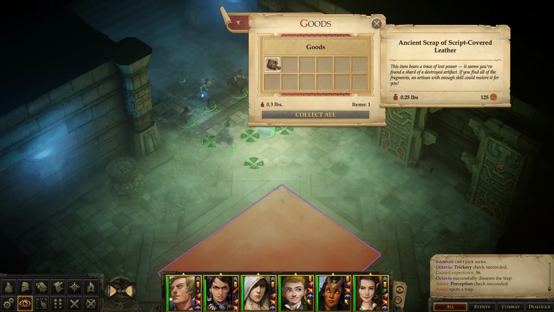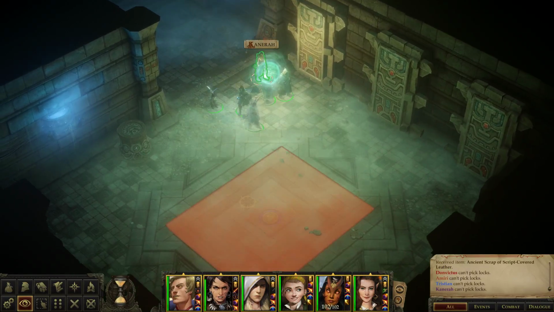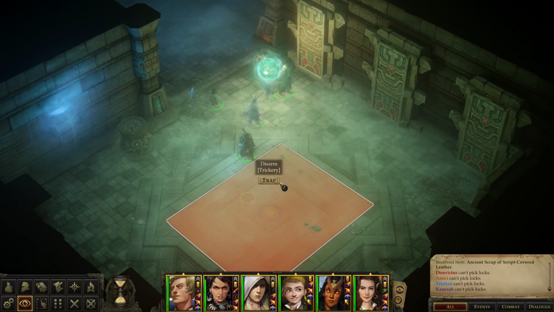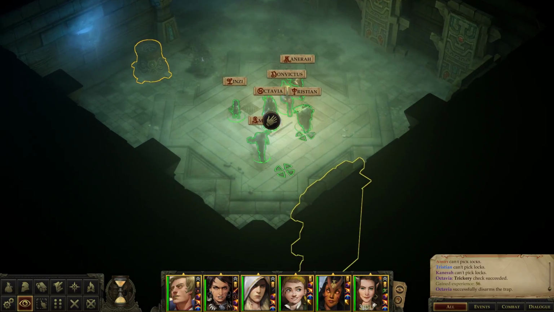Alright, ancient scrap of script-covered leather. This item bears... yeah, it's just a description of a generic thing. If you collect enough of those, you get another item. I don't remember exactly what that item does. I think it's a,